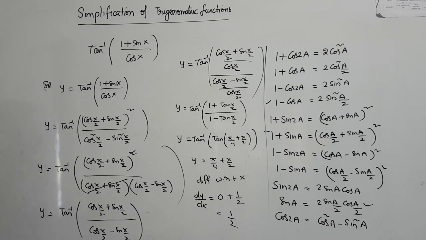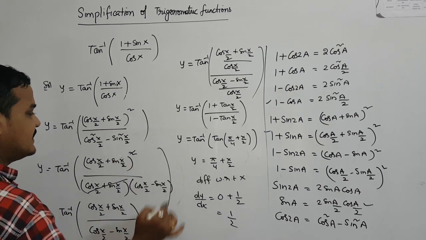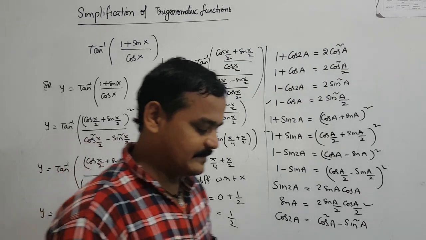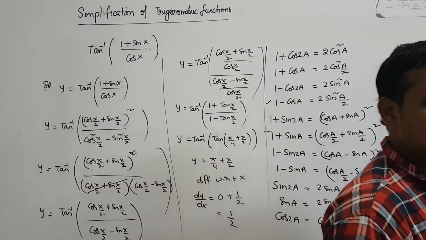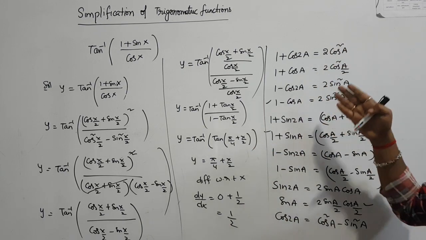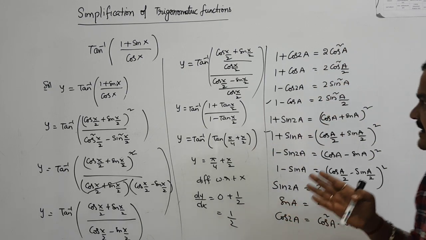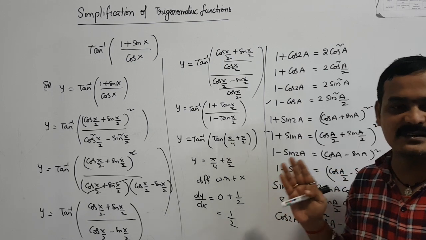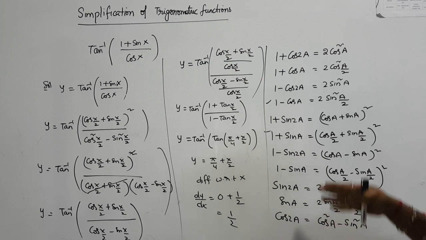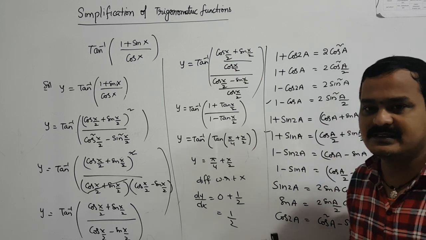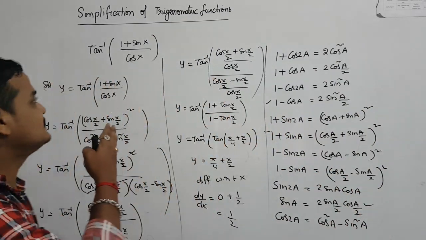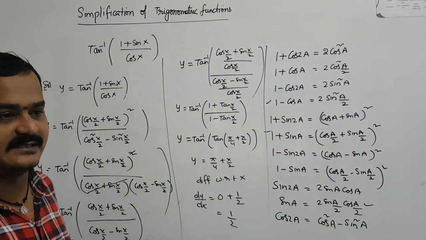Okay. So see here what you will do, it is very simplified when you have the formulas. This cannot be made complicated. So what does simplification mean? Using the trigonometric formulas. These are the trigonometric formulas which you learned in first year: trigonometric ratios, compound angles, multiple and submultiple angles, and transformations. There are 4 topics in trigonometry. Learn all these formulas. Using these formulas only, you can simplify the problems and finally get the answers.